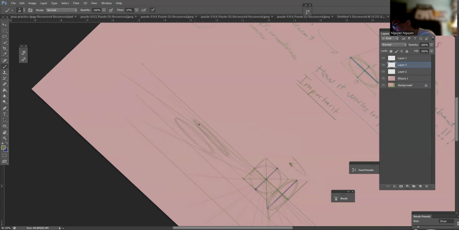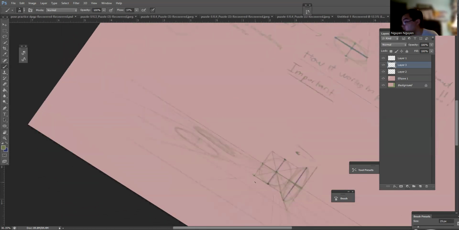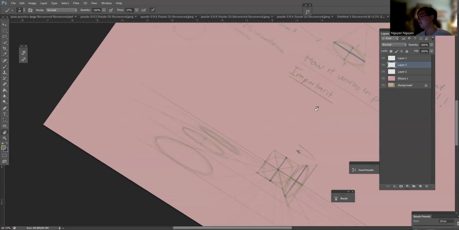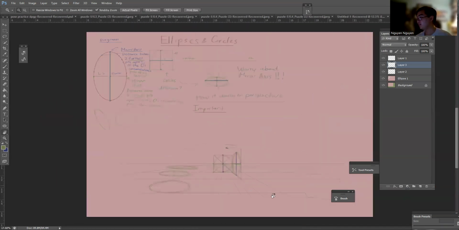You see this gap? It has to be wider. Same thing down here as well. This ellipse has to be even wider, so that in order for it to feel right in space,